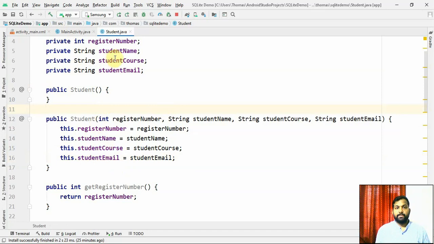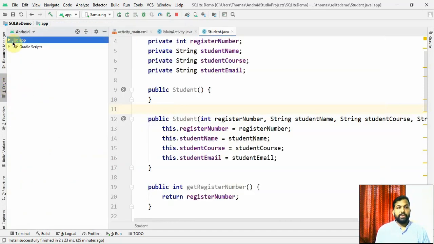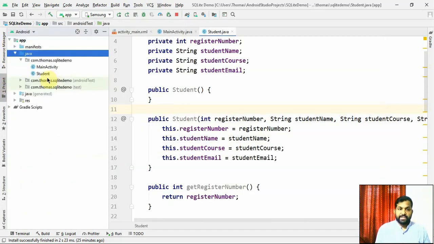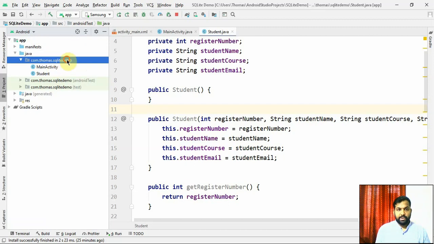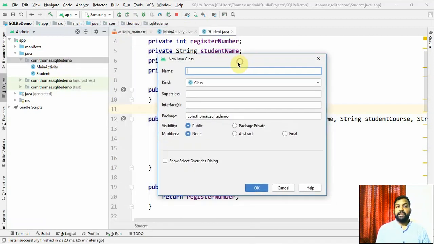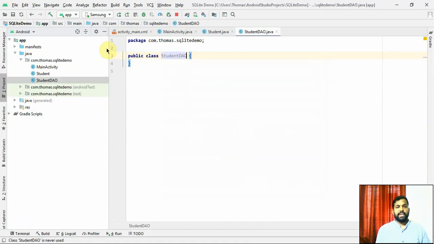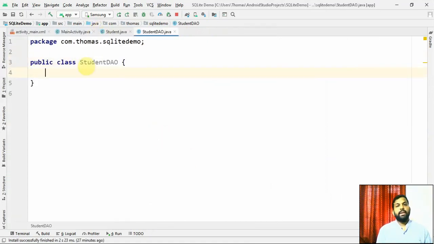Same way how you created a Java file here, let's create one more. Go to the project, go to the place where you just created the student class. Let's right click on the same package name and say new Java class. And this time I'm going to create a data access object. So I'm going to name it as StudentDAO, data access object. Just click on OK and you have the class ready. In the data access object class which we just created, we are going to create a few final, in other words, constant values